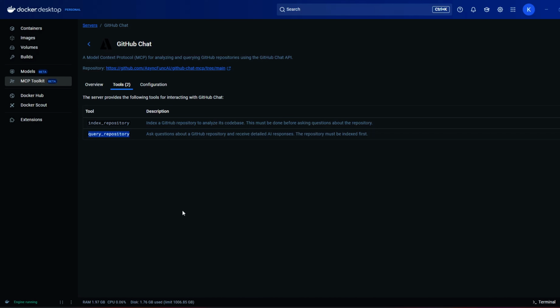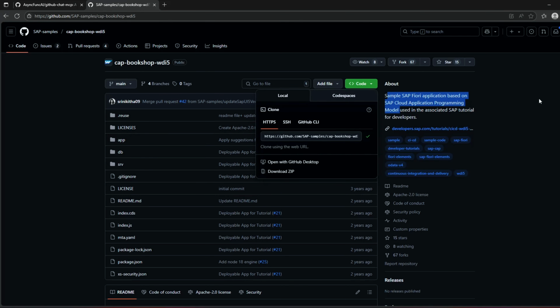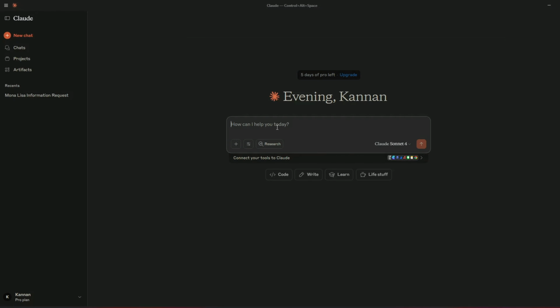Questions like what kind of framework the particular repository or project is using, what are the toolkits used in this project, what are the libraries used, and so on. For this particular example, I'll be using a repository called cap bookshop WDI 5, which is an SAP framework built on top of the Cloud Application Programming model and a Fiori based application. You can choose any repository as you like. I copy the link now and go back to my Claude client, where I can say,